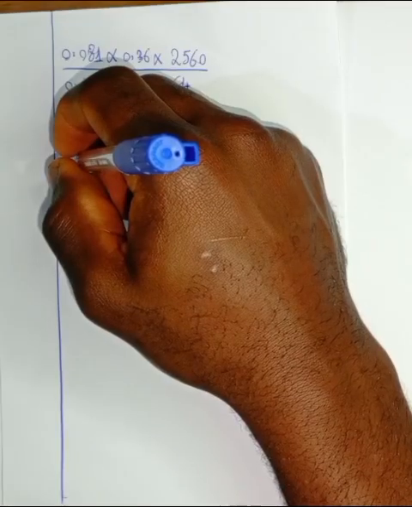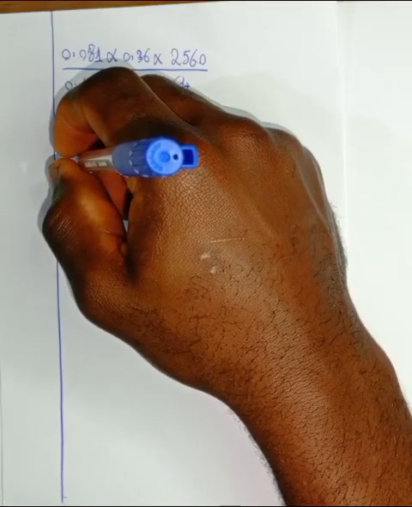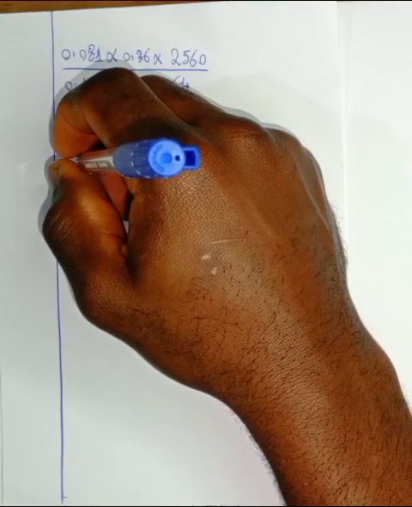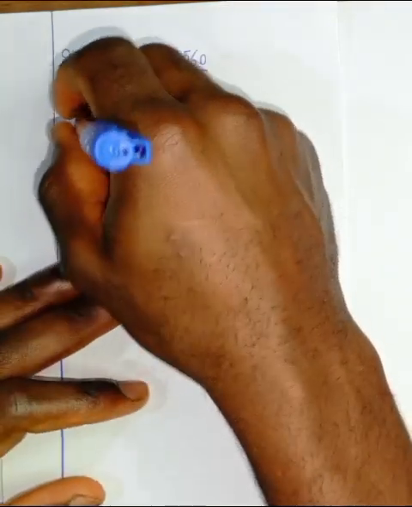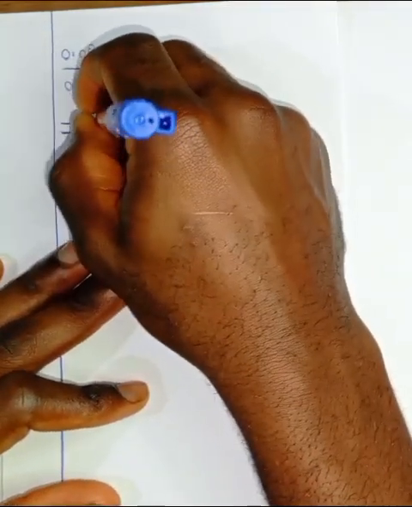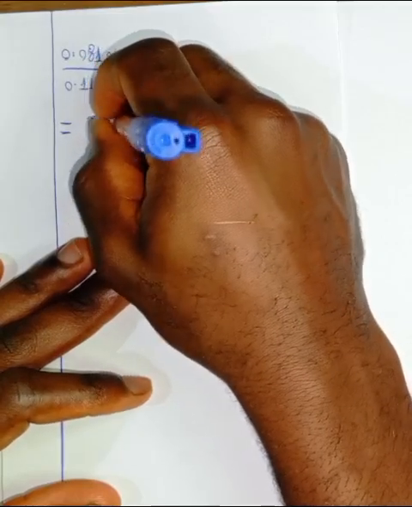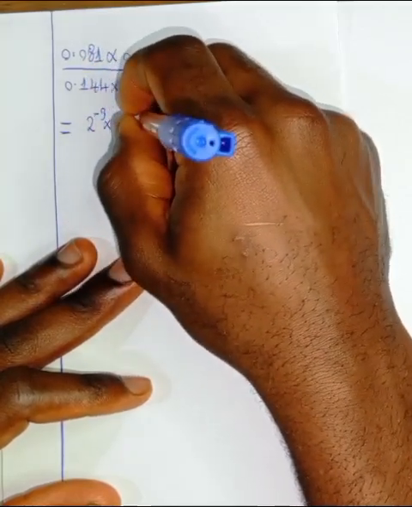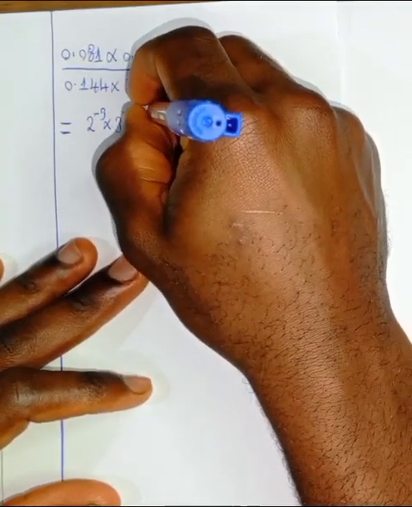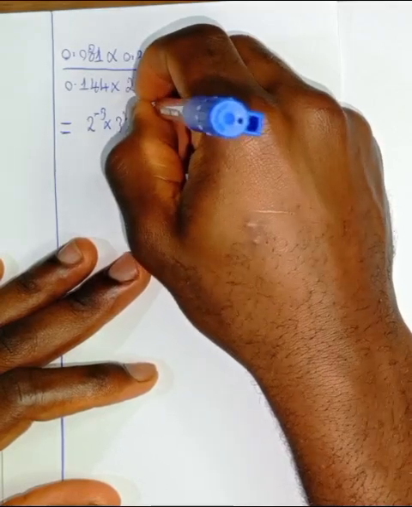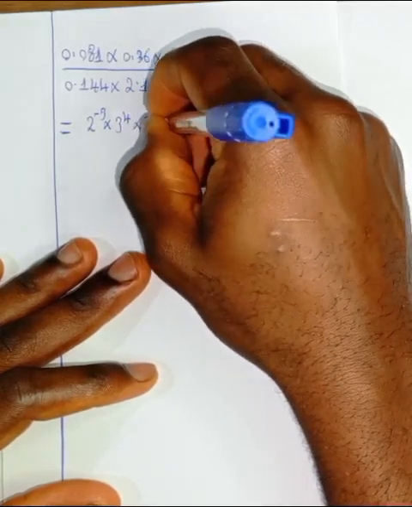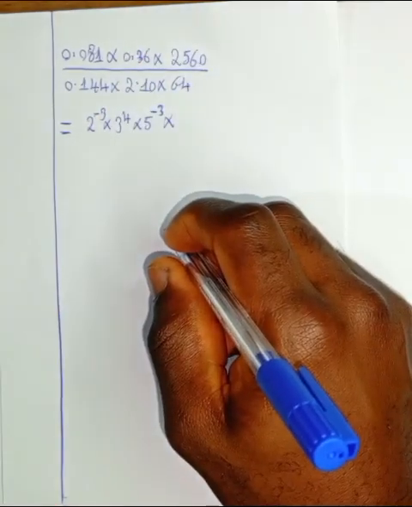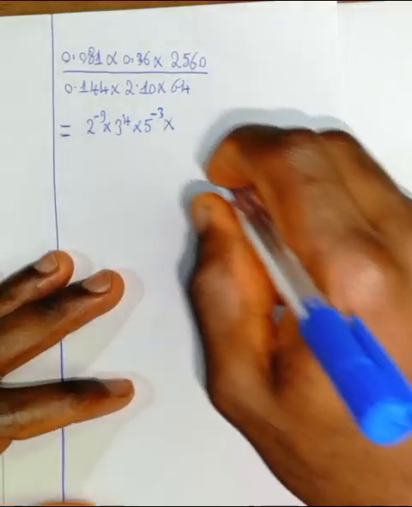This will simply be equal to, the number 0.081 is simply equal to 2 raised to the power negative 3 times 3 raised to the power 4 times 5 raised to the power negative 3 times 0.36 is simply equal to